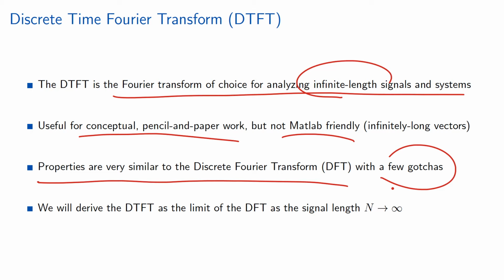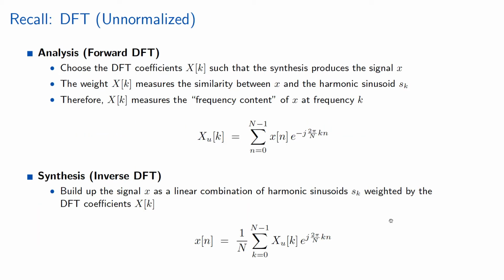Basically, we're going to think of what happens to the DFT as we let the signal length be finite, so that the DFT makes sense, but get longer and longer and longer. And we're going to see that you can define the DTFT as the result of this limiting process. So just before we jump into that argument, let's just recall the